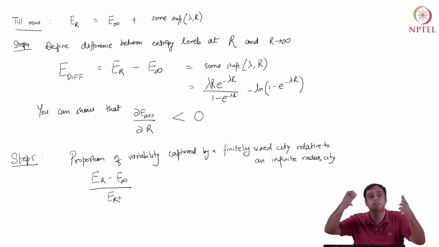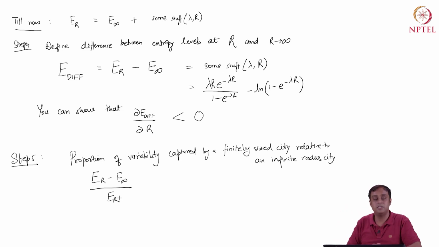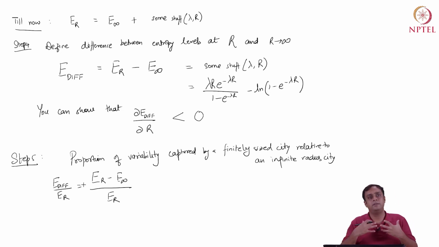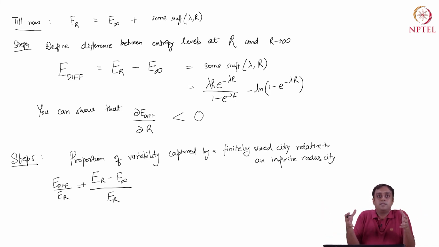So if I have a city which is 50 kilometers wide from the origin, then I want to make sure that when I'm comparing that with a 100-kilometer city, I'm not comparing apples and oranges. I'm creating a proportion to normalize this difference by the level of entropy that I began with. Okay, so I'm trying to see what is the distance between the entropy that I would get if I had all the space I wanted versus if I have a smaller space, right?